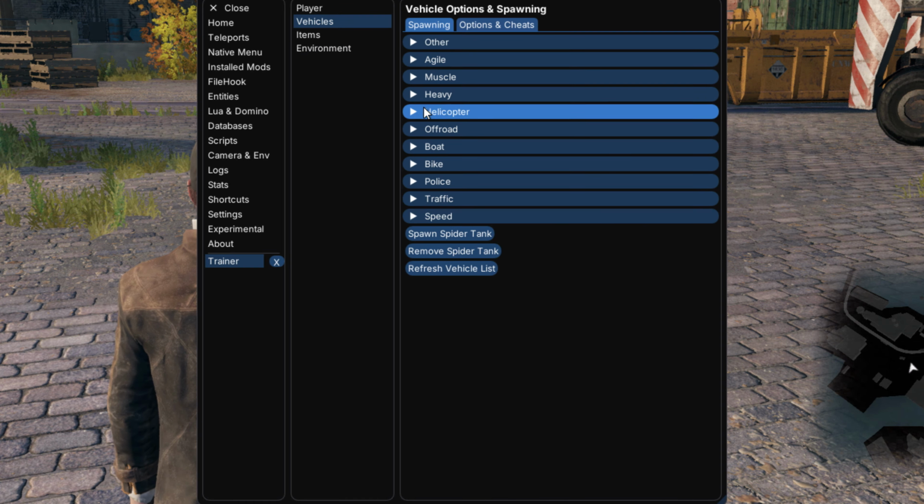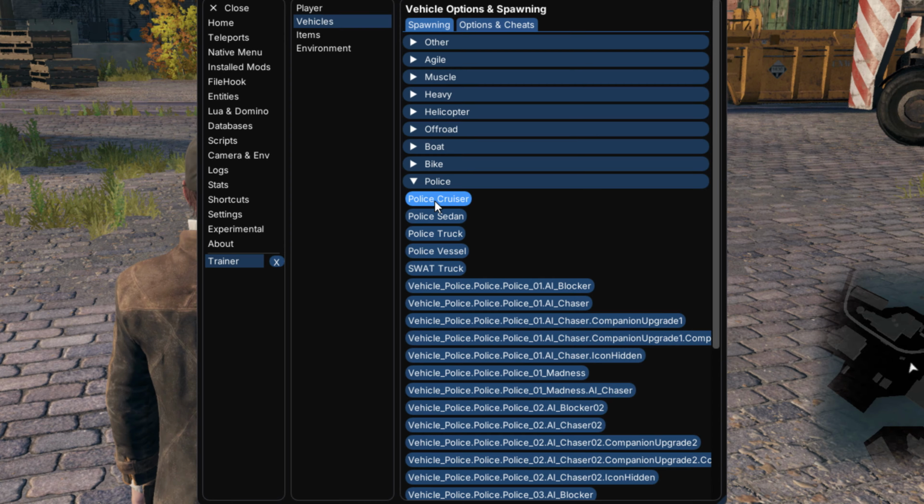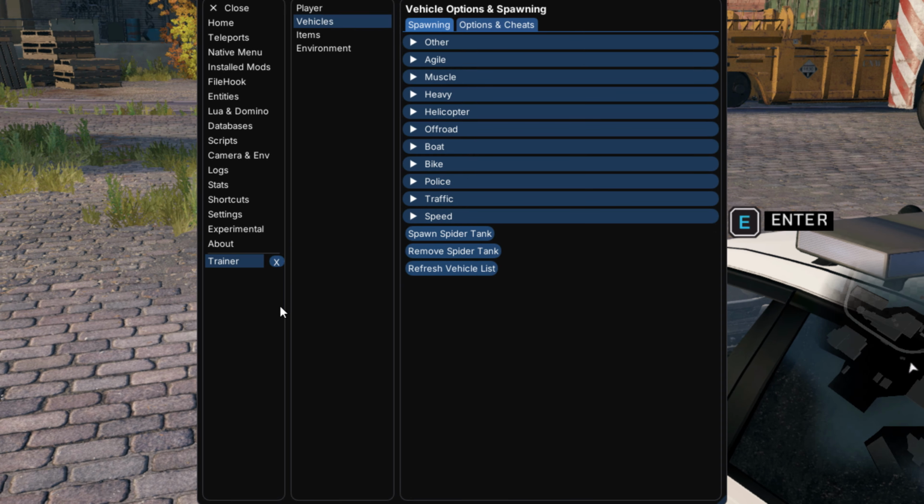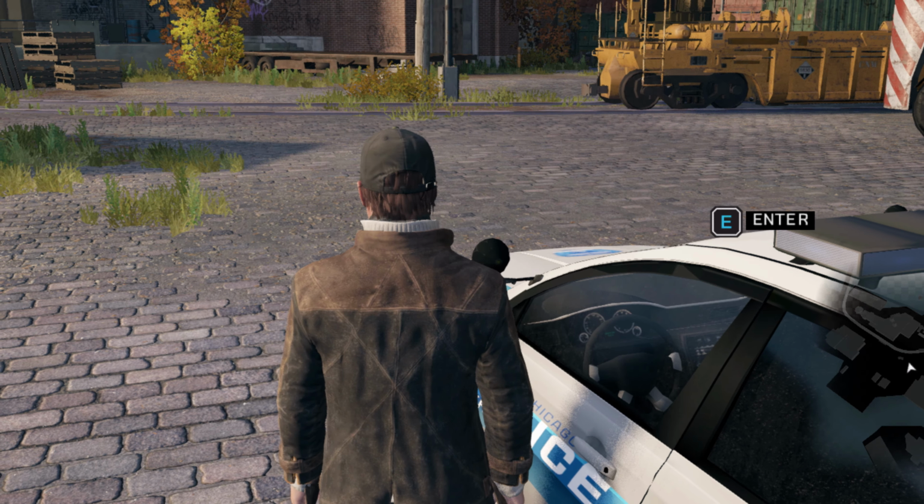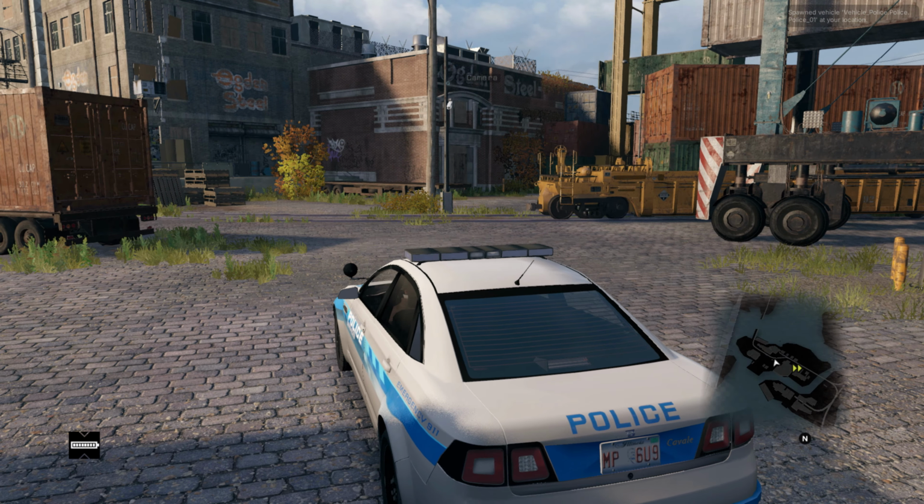Go to vehicles and you can spawn the vehicles. And to close this menu, press the insert key. And you can enjoy the game,